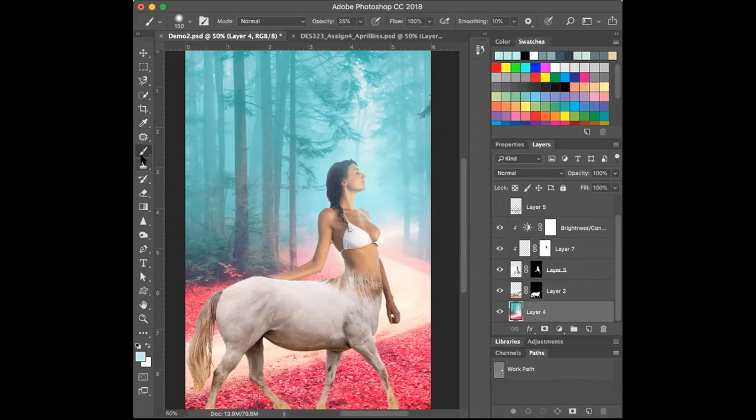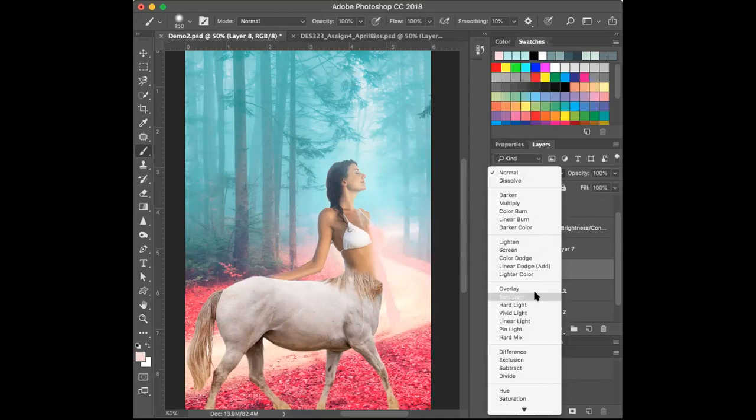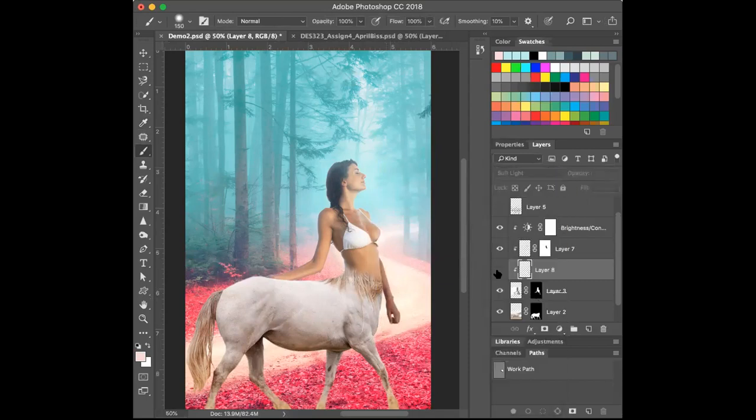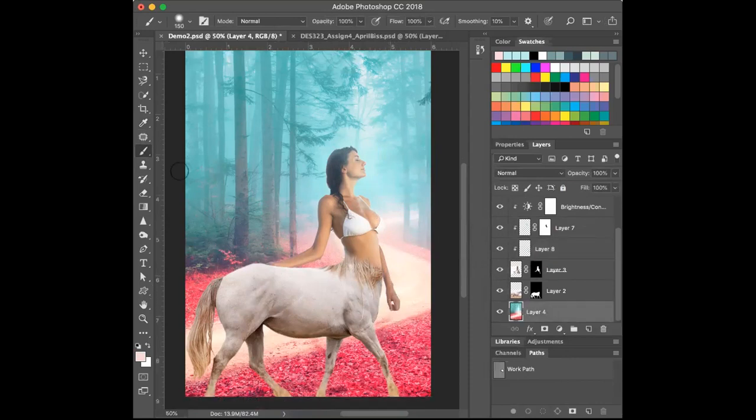Okay, I'm going to go back down to my main layer, the background layer. I'm going to take my eyedropper tool, select say over here, and do a new layer and paint over this part of her body. Make sure my opacity is up all the way. And then again, change to soft light. You can see the effect going on there. And then you just continue that all the way around, grabbing the pixel information, the color,